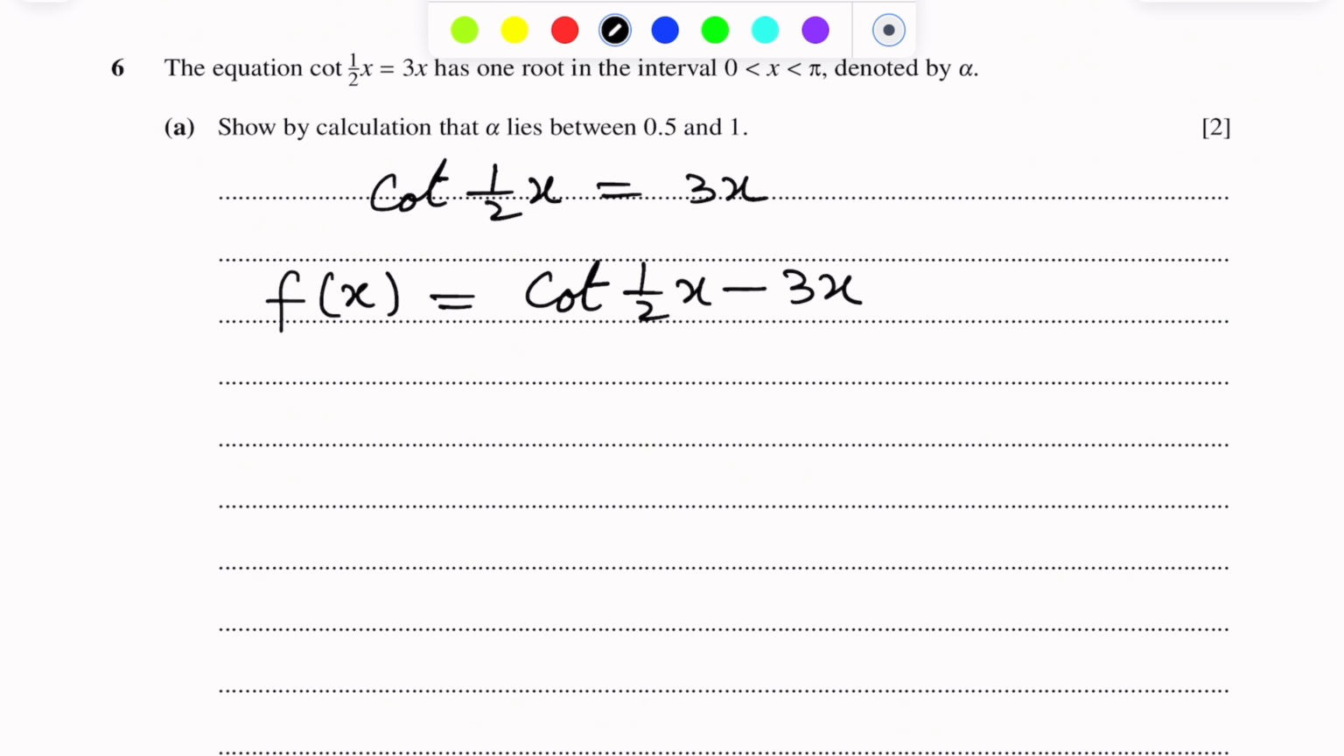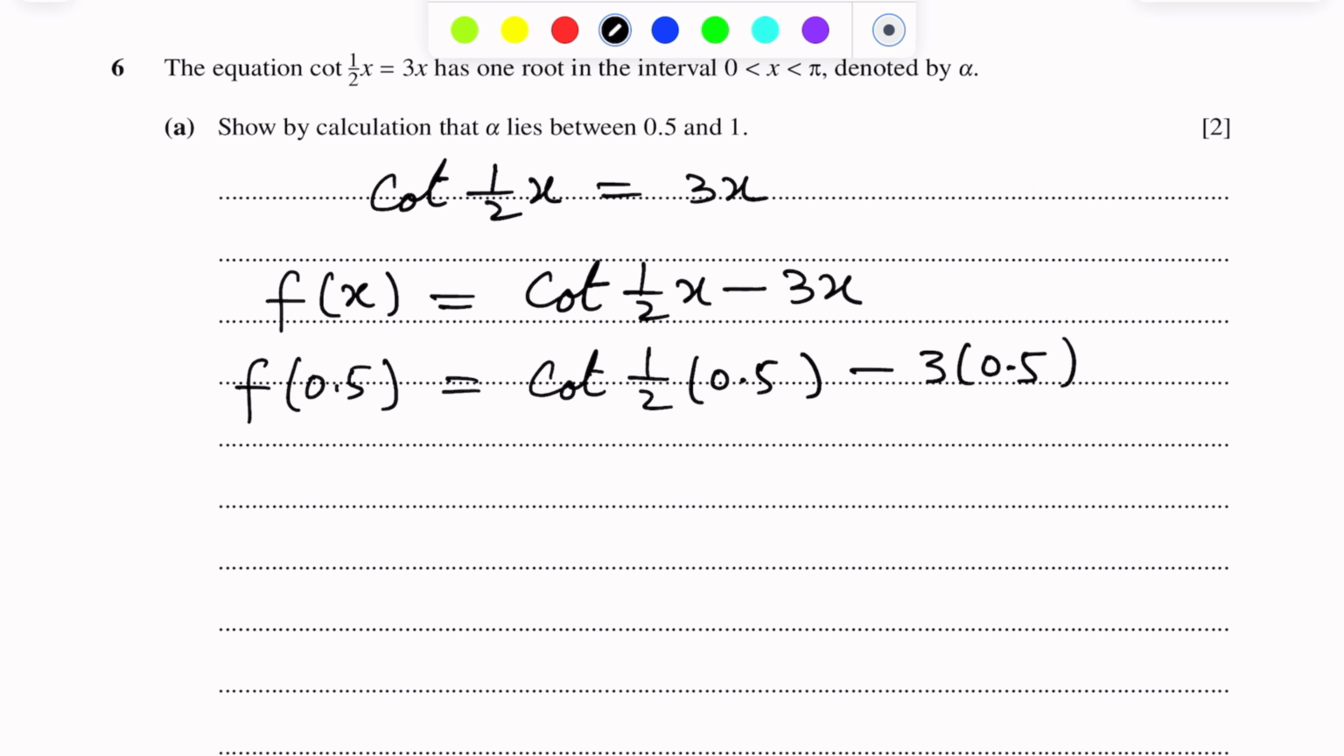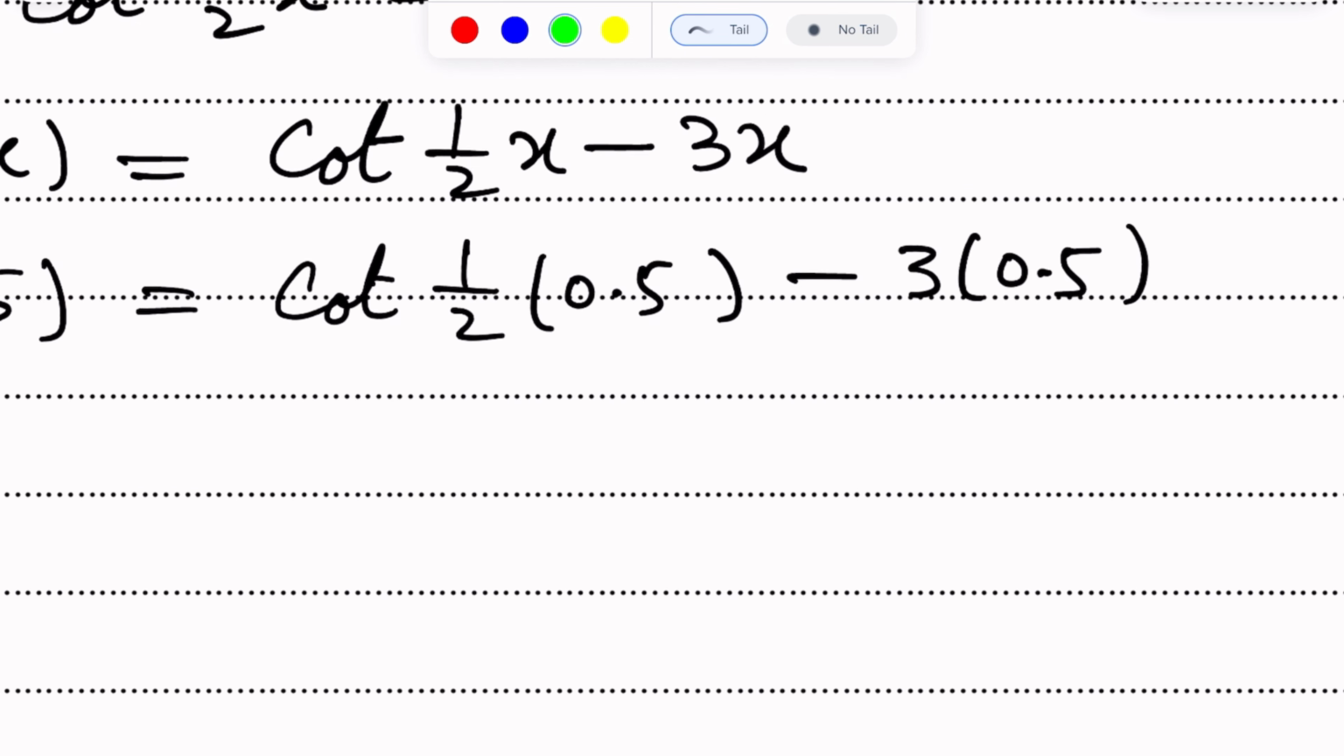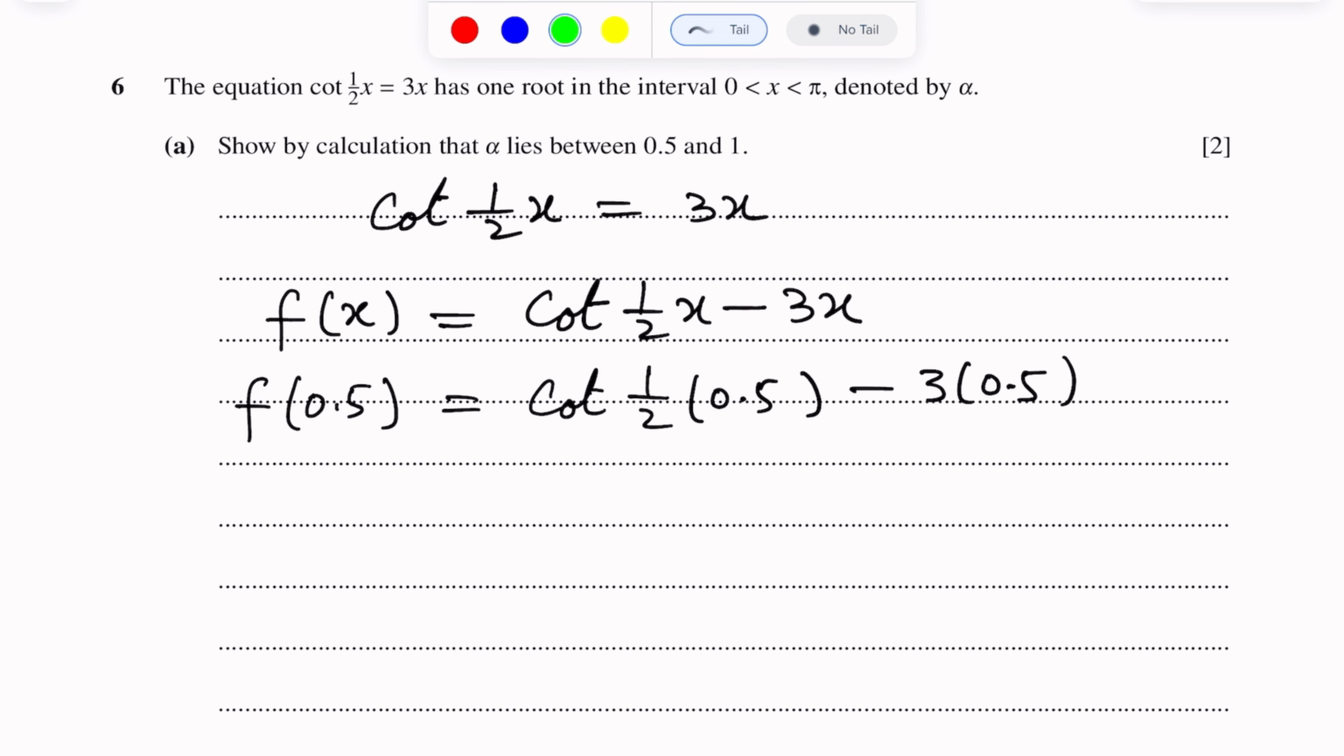First we put 0.5 in place of x. So f(0.5) will be cot(1/2 times 0.5) minus 3 times 0.5. Setting the calculator mode on radian, we will get the value of f(0.5). Now this is the reciprocal, cot(1/2 x). Since cot x is the reciprocal of tan x,